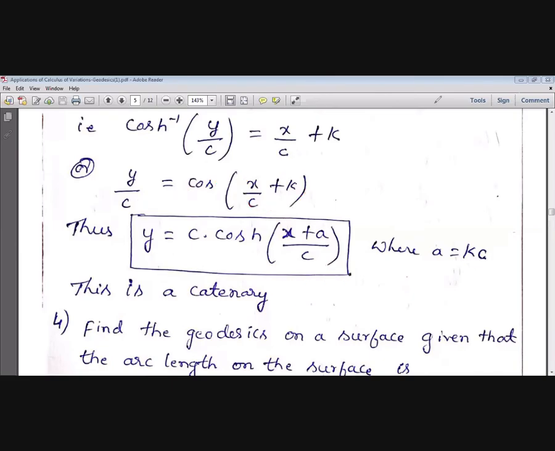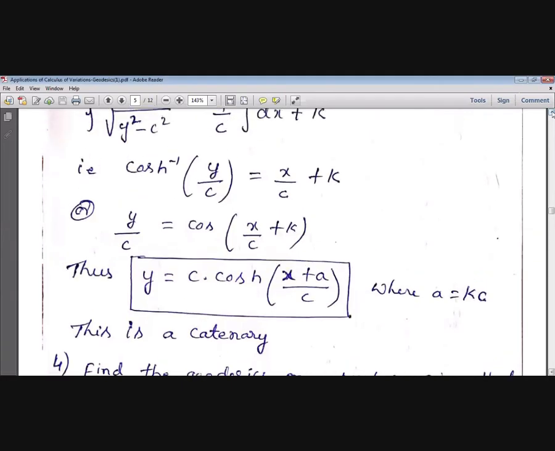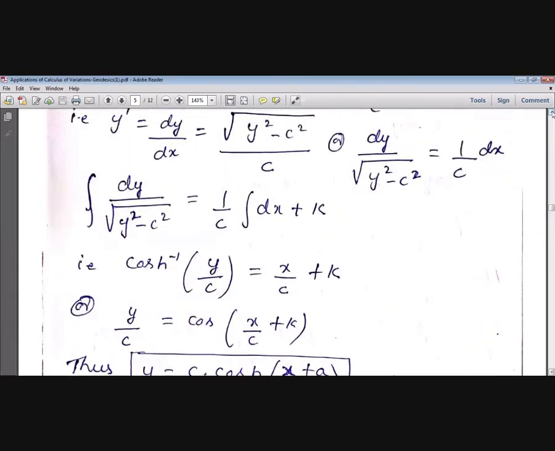So integration of 1 by square root of y square minus c square is log y plus...